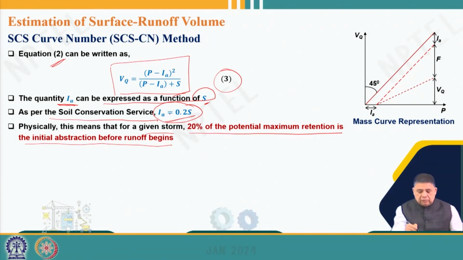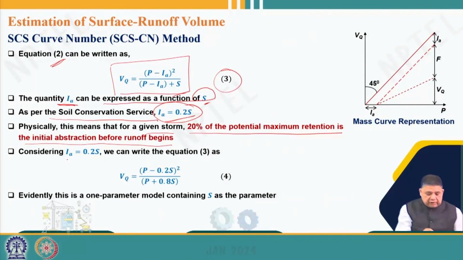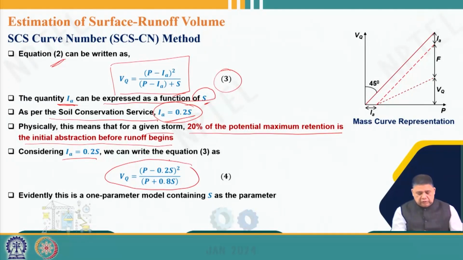So, that simply means we can replace that following the SCS curve number assumption. If we consider that IA equals 0.2S, then in equation 3, if you put IA equals 0.2S here and IA equals 0.2S here, the equation reduces to this form: VQ equals (P minus 0.2S) squared divided by (P plus 0.8S). This is equation number 4, and this is the SCS curve number equation,